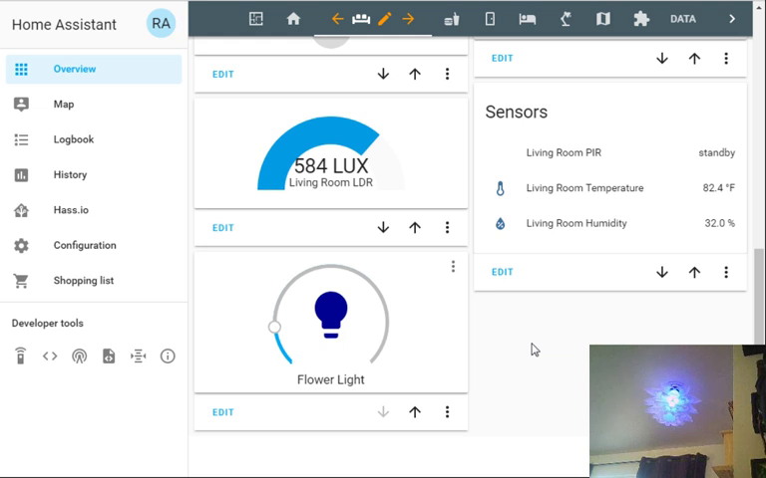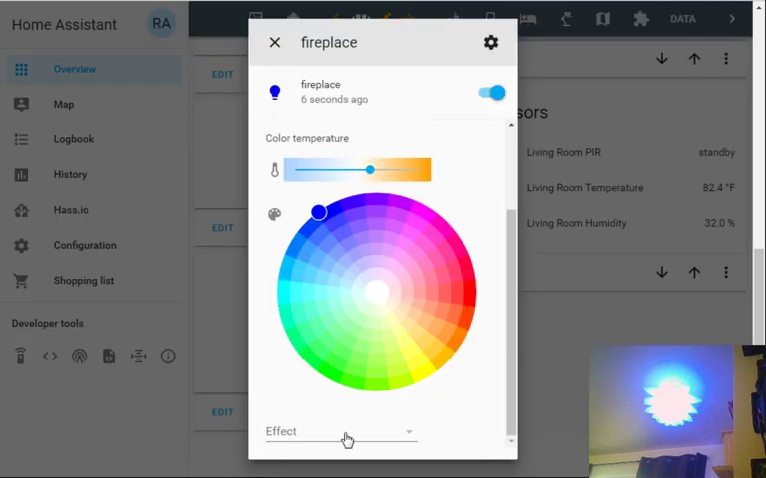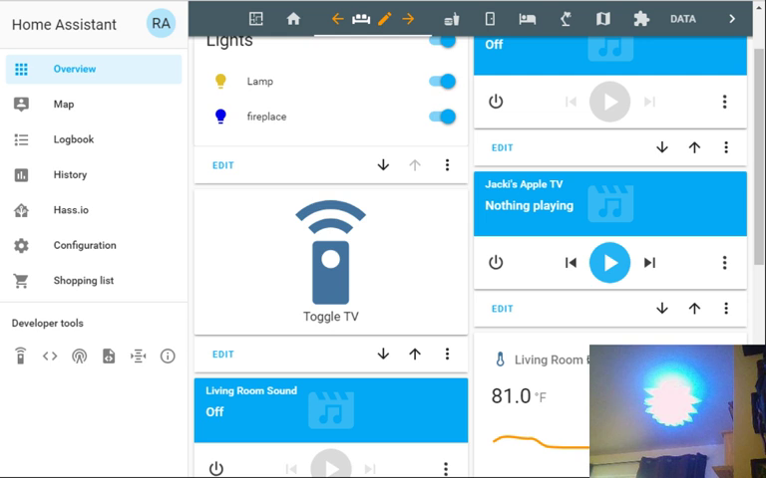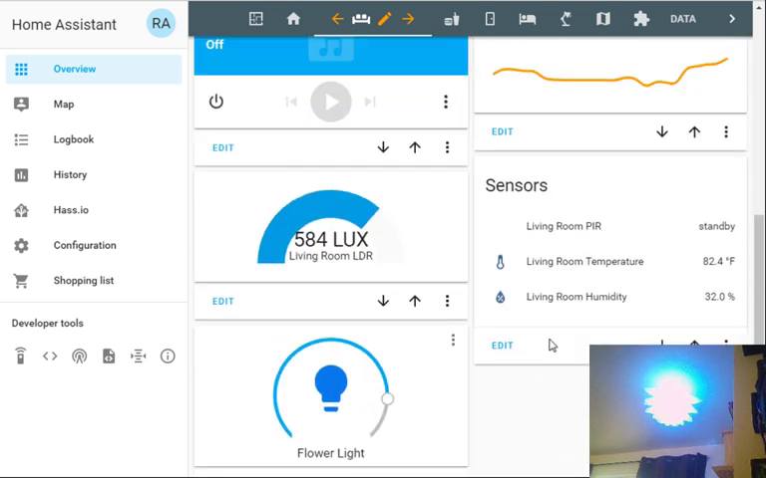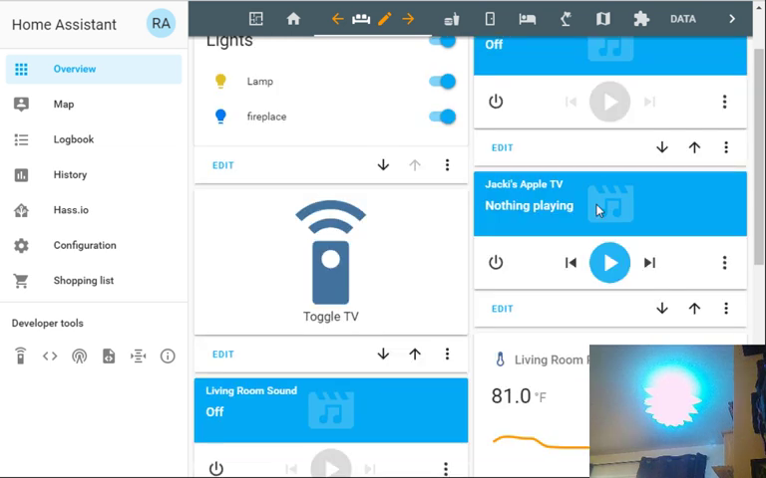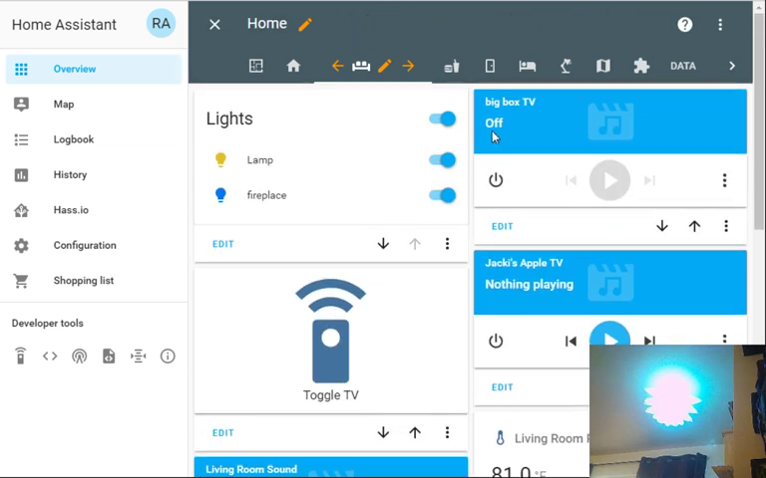All right, so that's pretty cool, but we don't really want to be in an app all the time. I'm going to make sure that's back in that color loop. Okay, so here's the thing we want to do. We want to make an automation. So for this automation, I'm going to do something where